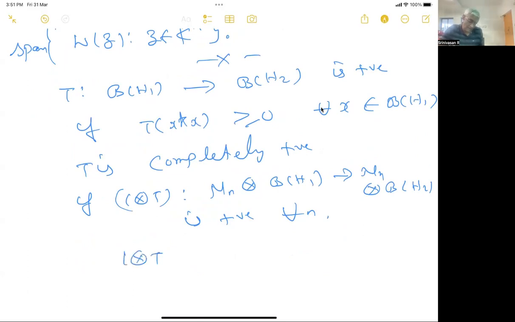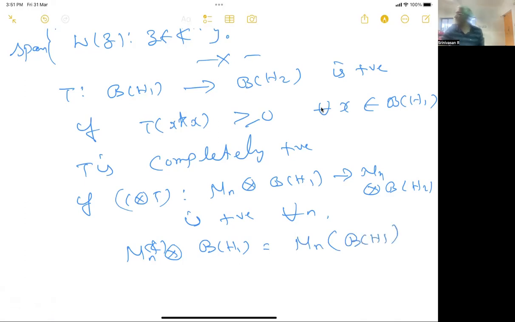This Mn tensor B of H1 is nothing but Mn of B of H, matrices with entries coming from B of H,